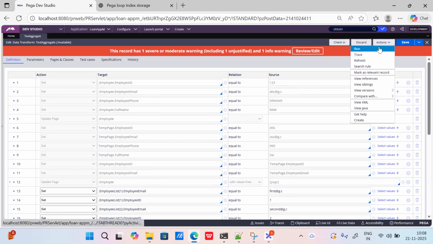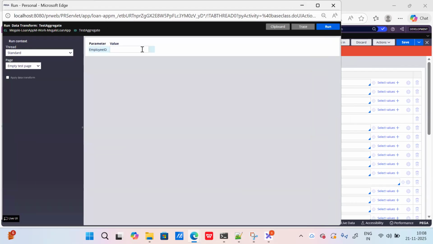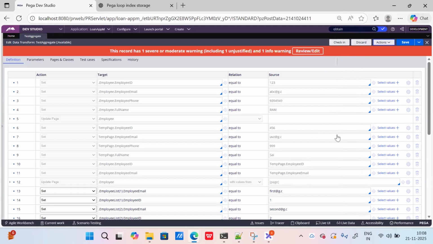Now if I run this one, actions to run, and come into basics, I'm turning on the tracer once again. I'm going to provide employee ID as 3. For employee ID equals 3, you could see that my pyNode value changed to the third at the rate g.c. Because for the first one, employee ID equals 0, false; this is false; this doesn't have any value; this is false; and this is true. So whenever a condition is met, I want this employee email to be passed to pyNode. That is the most important aspect of Pega, providing an option of use page as a source context.